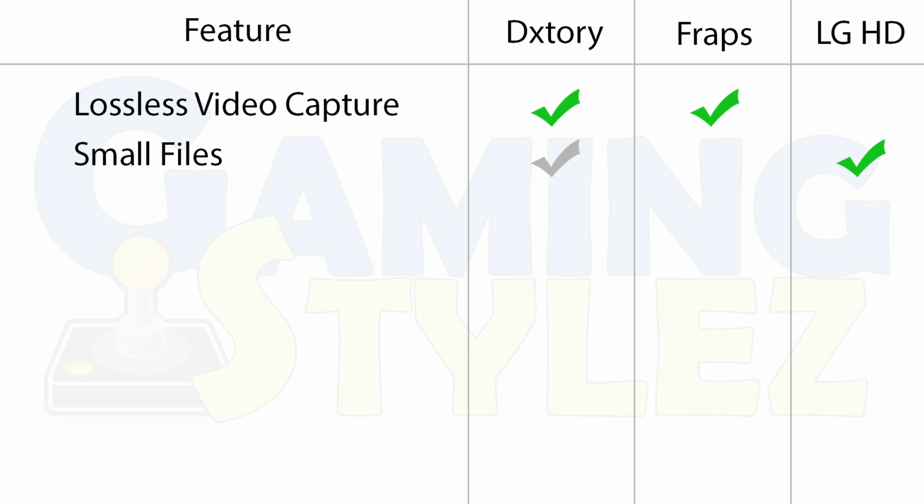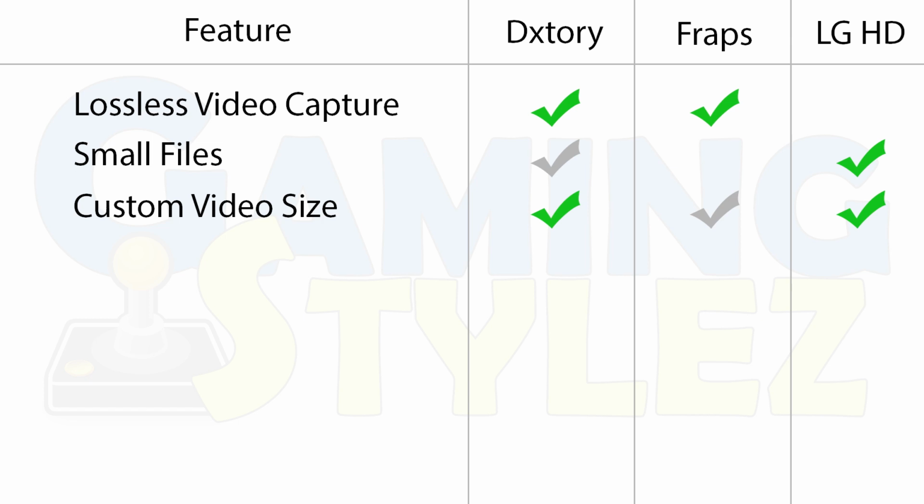Now, the next feature is custom video sizes. Both Dxtory and the Live Gamer HD allow you to pick your video size when you're recording it, regardless of what your actual recording resolution is. So basically what these allow you to do is change your final video size from what you're actually playing the game at. So if I'm playing the game at 1080p, I can tell, for instance, Dxtory to save it as